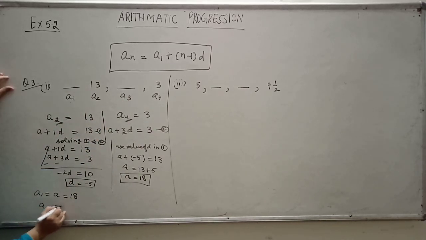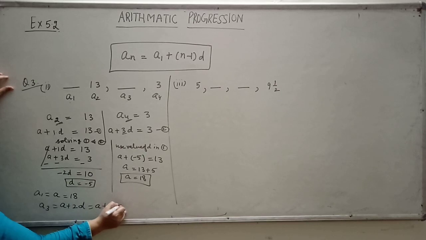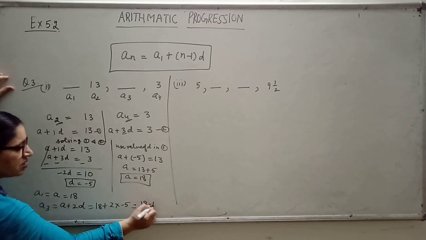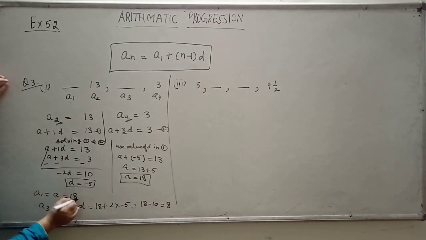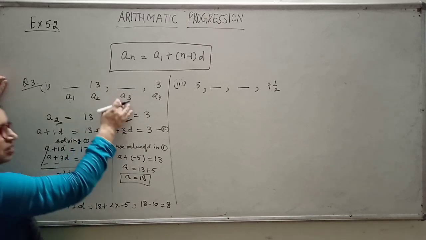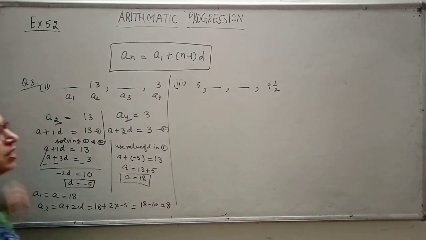थर्ड टर्म का फॉर्मूला क्या होता है, A plus 2D, यानी A plus 2D is -5, so A is, what is A, that is 18, so this is 18 minus 10 that is equal to 8, तो हमारे पास A1 की वैल्यू भी आ गई और ये A3 की, दोनों मिसिंग नंबर्स आपके आ गए।